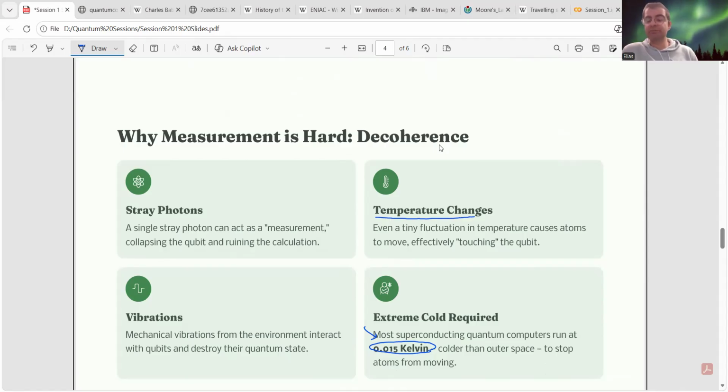But what does it mean to collapse? I told you it's going to be in either 0 or 1 or a combination of both. Let's say this one. And the moment that you measure it, you see it is in all these states at the same time, right? But the moment that you measure it, either it's going to be 0 or it's going to be 1. So it's going to collapse to one of these two positions whenever you try to measure.